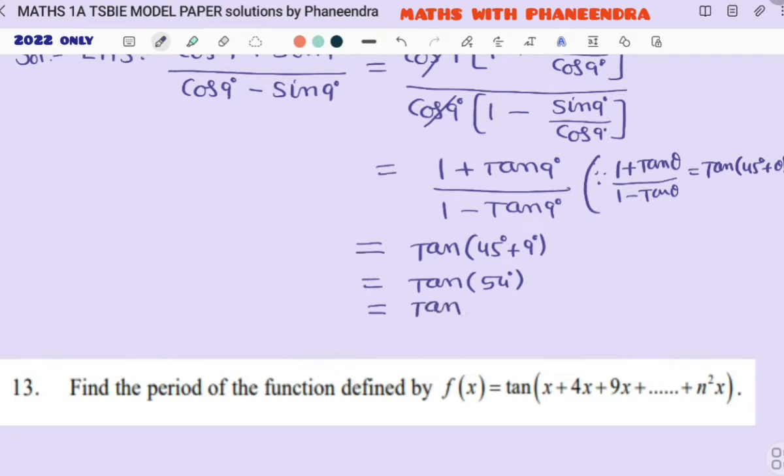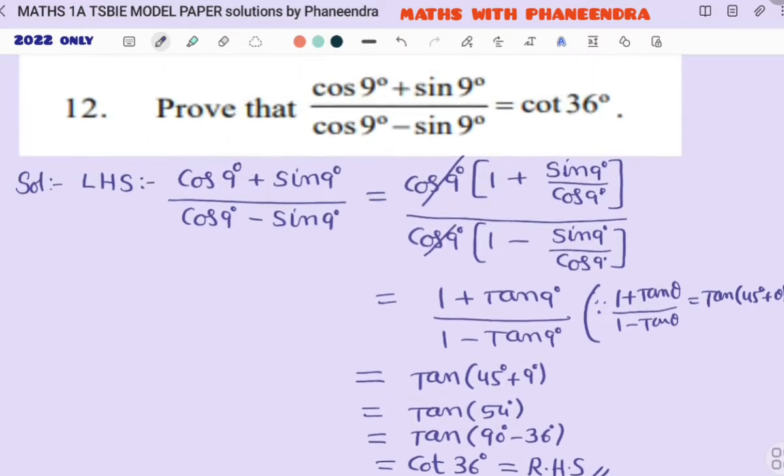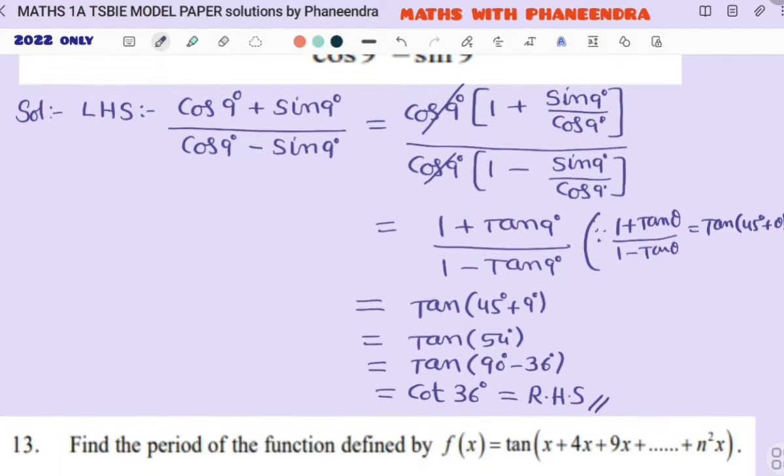Tan of 90 minus 54, how much we have to subtract? 36. So tan of 90 minus theta is cot theta only, no? Cot 36 degrees, which is the required RHS. So LHS is equal to RHS. Once again I will show that